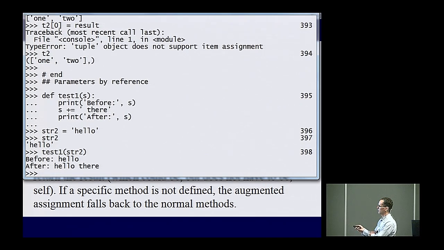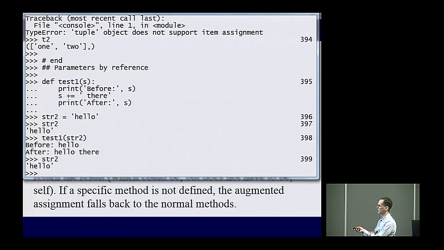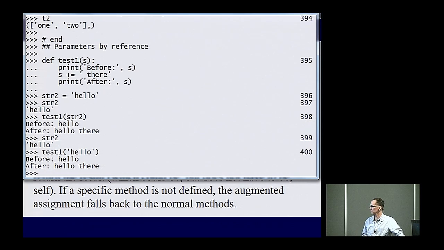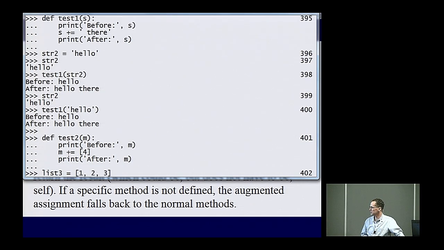Right, so there was before, and here it's after. But when I look at str2 at the global level, it's still going to be hello, right? And if you're in doubt, it's the test1 function. When we call that function this way, it's exactly the same as if we call it this way, right? Python sees the str2 and substitutes, in a sense, the string hello, and then passes it off. So of course it has to, because when you see it this way, it might be more obvious that it can't change the string hello. Strings are immutable, right? Whereas if you do this,